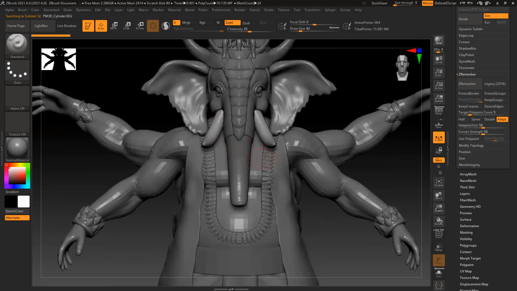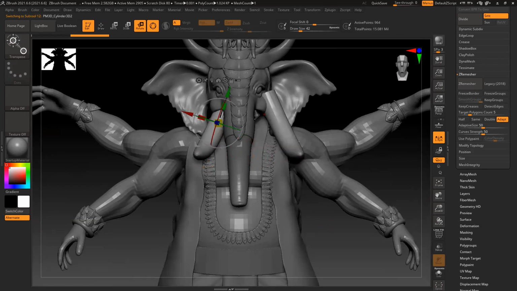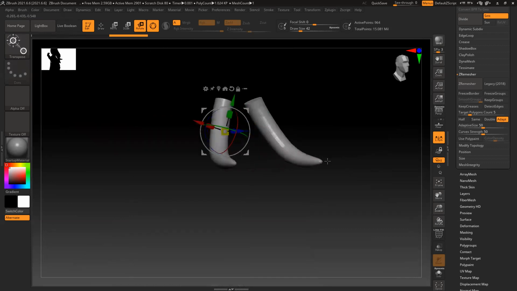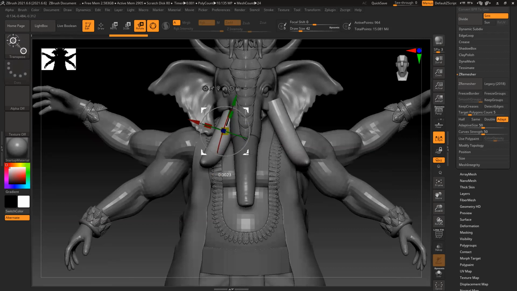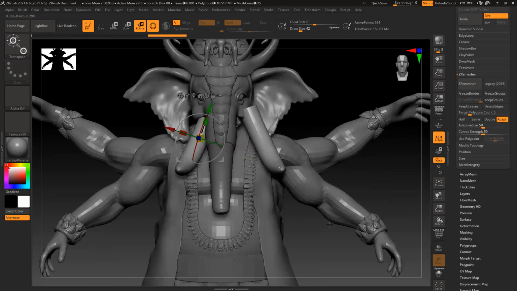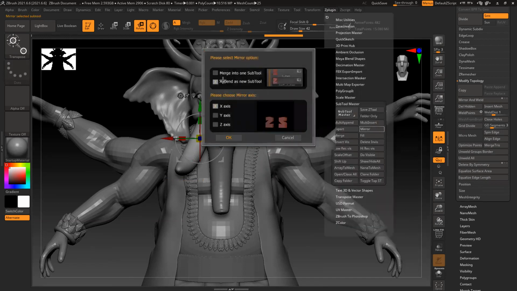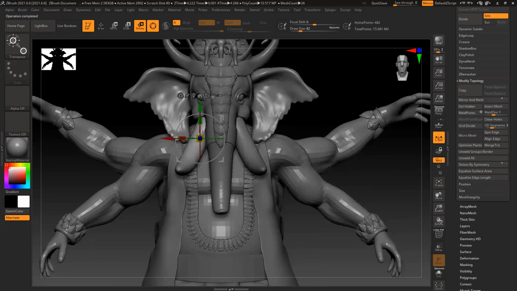Okay, now I can see this clearly. I see this size. So this one is fine, but I have to delete this. I modify the topology to make it one. Again, I will keep both of them separate, because one is broken and one is full. That's why I'm keeping it separate.